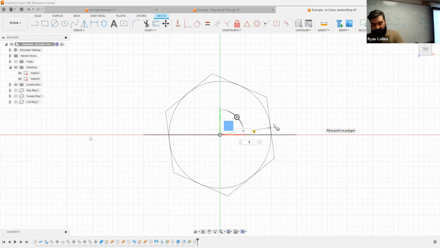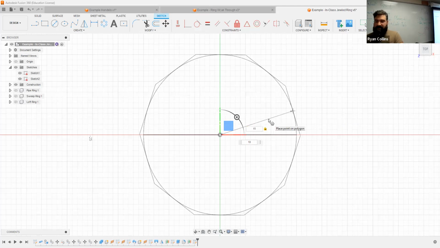Ugh. It went over and gave me 10 millimeters instead. There we go. If you move your mouse at all, it snaps back over. That's very frustrating. Okay. And I don't know, we'll just say 15, because this is going to be a ridiculously large